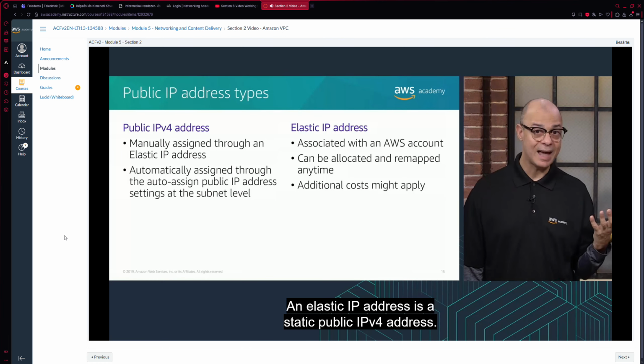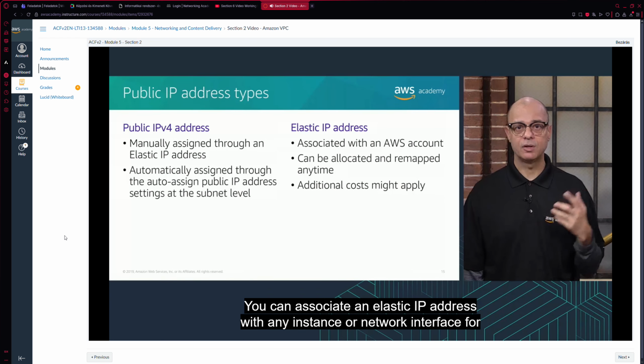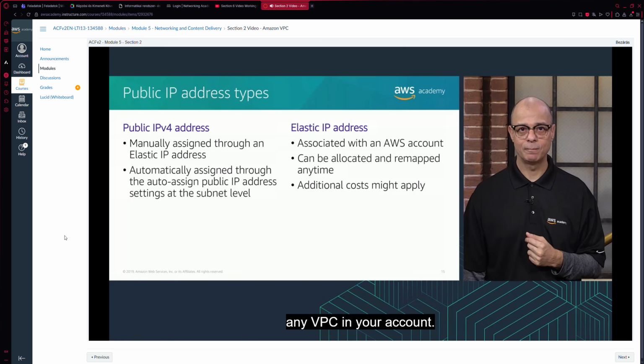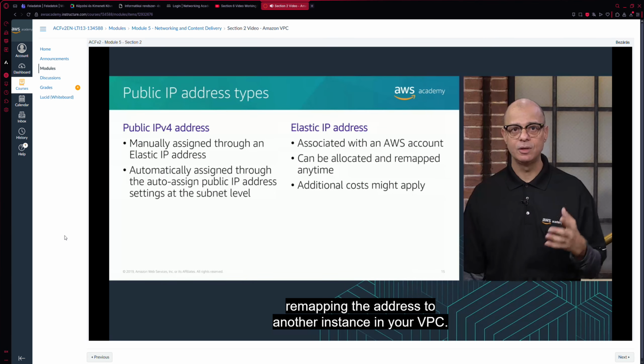An elastic IP address is a static public IPv4 address. You can associate an elastic IP address with any instance or network interface for any VPC in your account. With an elastic IP address, you can mask the failure of an instance by rapidly remapping the address to another